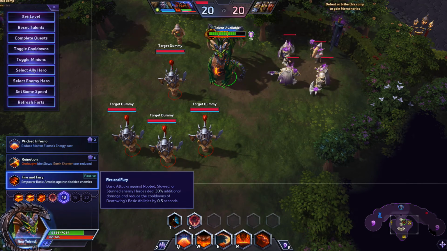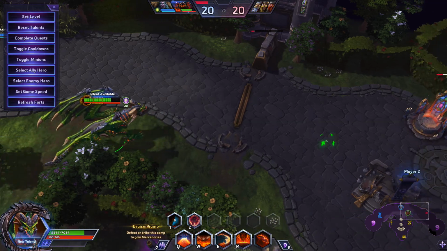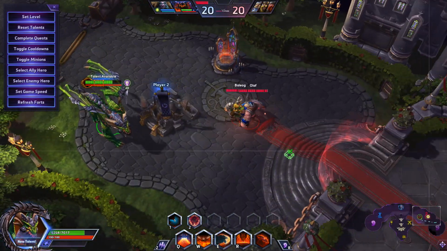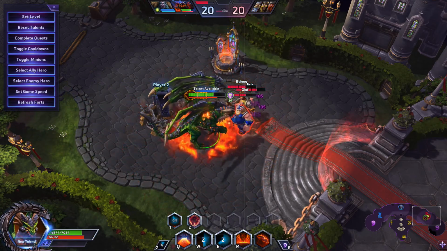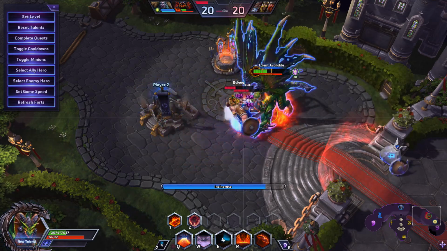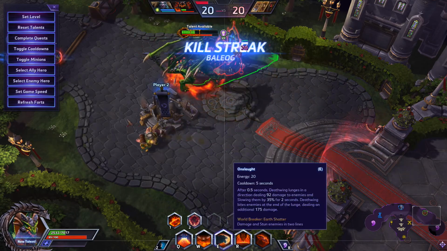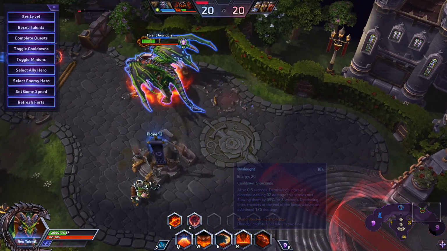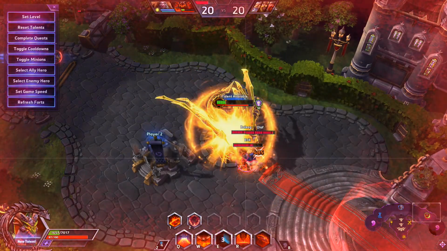Okay, well, let's see what happens. So what should happen? We'll E in. This is going to slow. Then we're going to W for the heal, and then we're going to auto attack. Is it just the bite that slows? No, it's the whole thing. Okay. So we're going to E in. We're going to